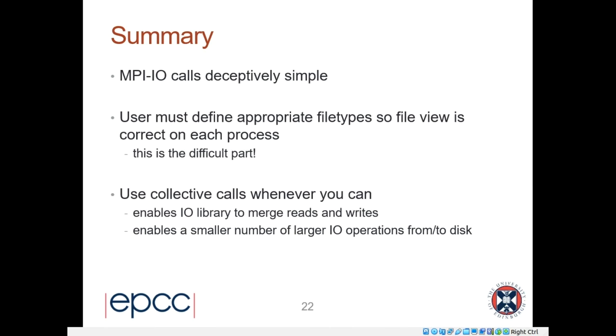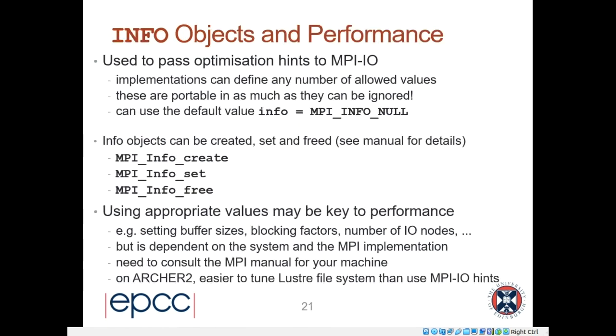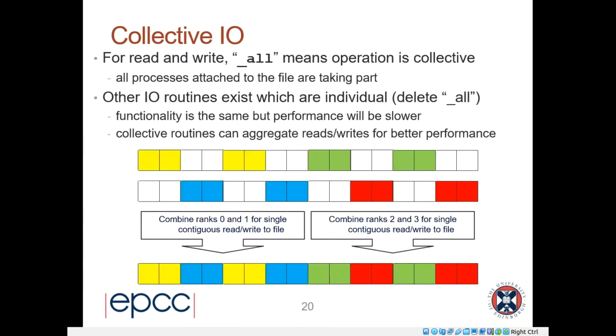And use collective calls whenever you can. It enables the IO library to merge reads and writes, enabling a small number of large IO operations, which has a huge effect on performance. And so that's really just a very brief summary, but I think the key slide is slide 20,